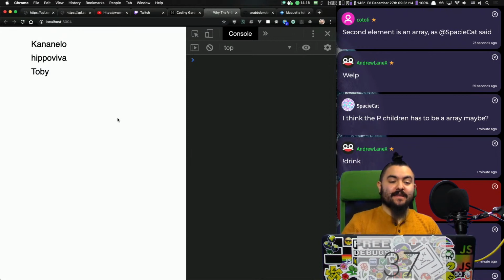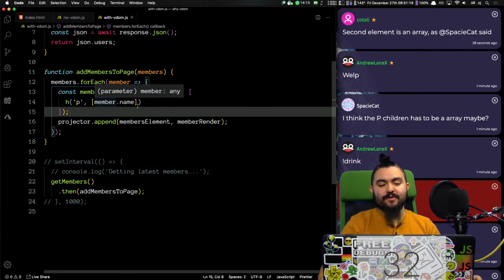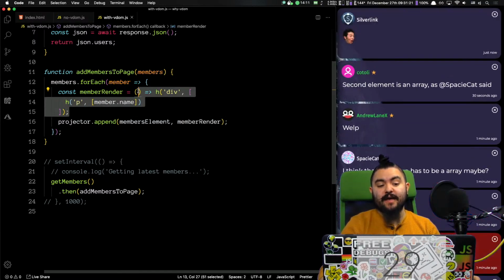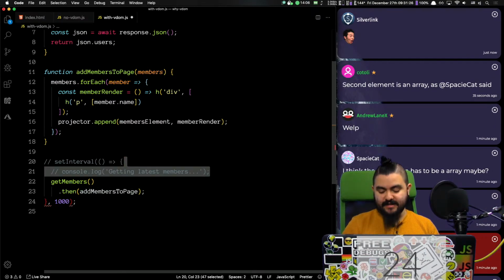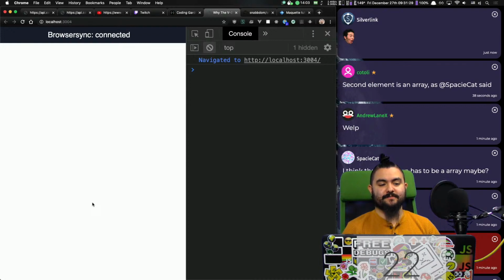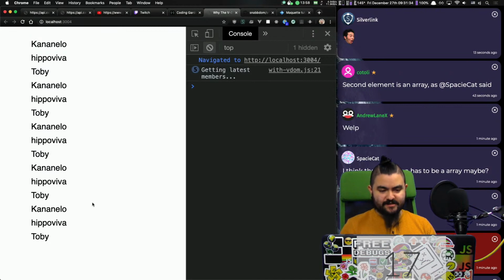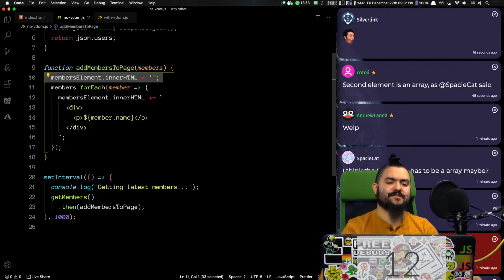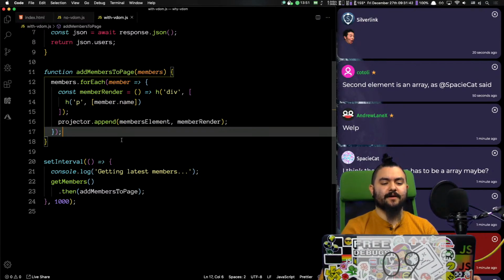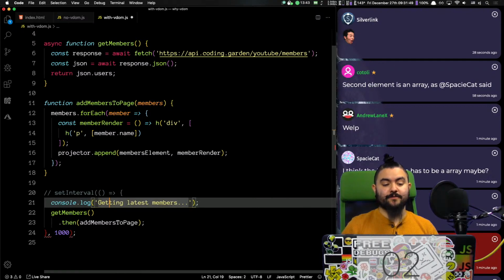So I think what will happen though, we need to configure this so that whenever we get the latest members, we're essentially just recalling that member render function. I believe if we do the same set interval thing, it's just gonna keep appending more and more to the page. Yeah, so they just keep getting appended to the page. We don't want that. So similar to the way we did it with no virtual DOM, we're not really going to clear out the HTML. We're really just going to figure out a way to